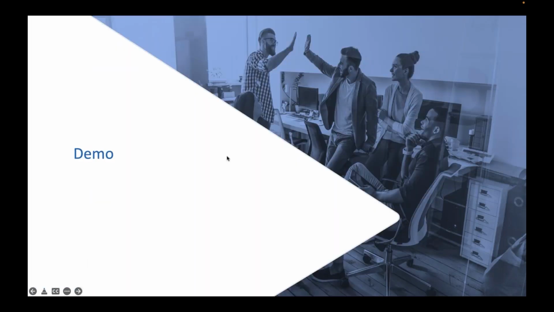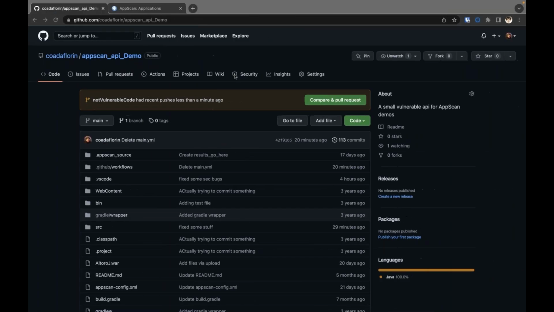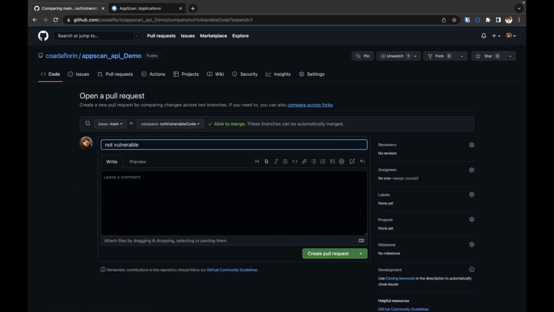And now we're going to go on to the second part of our demo, which is GitHub. This is the application that we've been working on. And this is the one where we had our pull request. So let's have a look at the pull request that was done here. And it's the not vulnerable code branch. So let's create a pull request